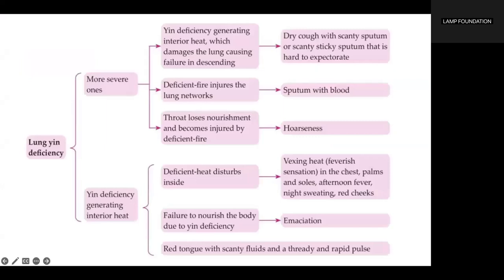Clinical manifestations: dry cough with scanty sputum or scanty, sticky sputum that is difficult to expectorate. A dry mouth and pharynx, emaciation, a feverish sensation in the chest, palms, and soles, afternoon fever, night sweating, red cheeks, cough with blood-tinged sputum, maybe an annoying, tickly cough at night, hoarseness, red tongue with scanty fluids, a thready